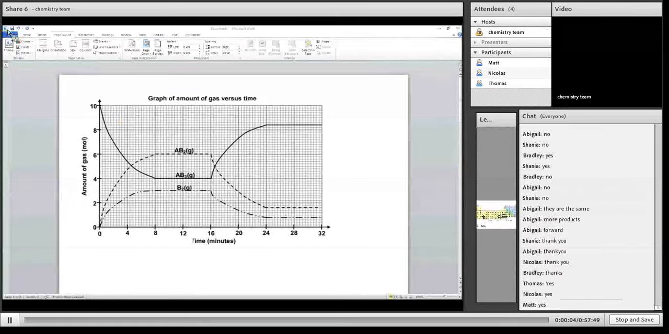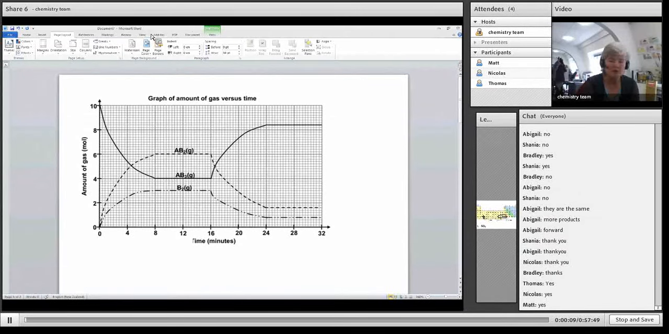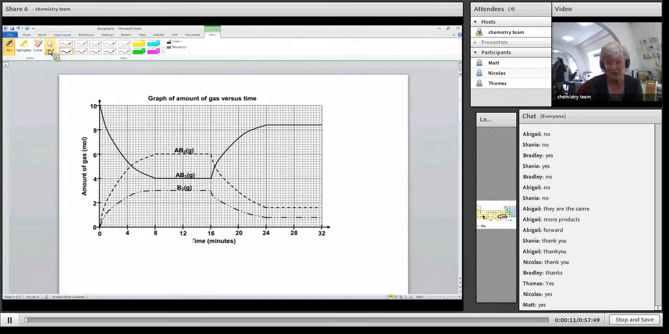Is what we did last time. We looked at the equilibrium, where the equilibrium constant basically tells us